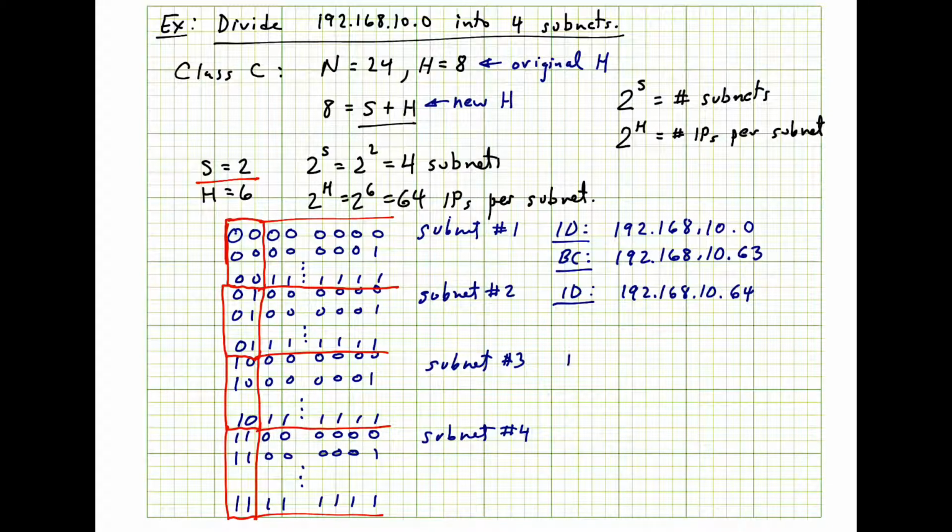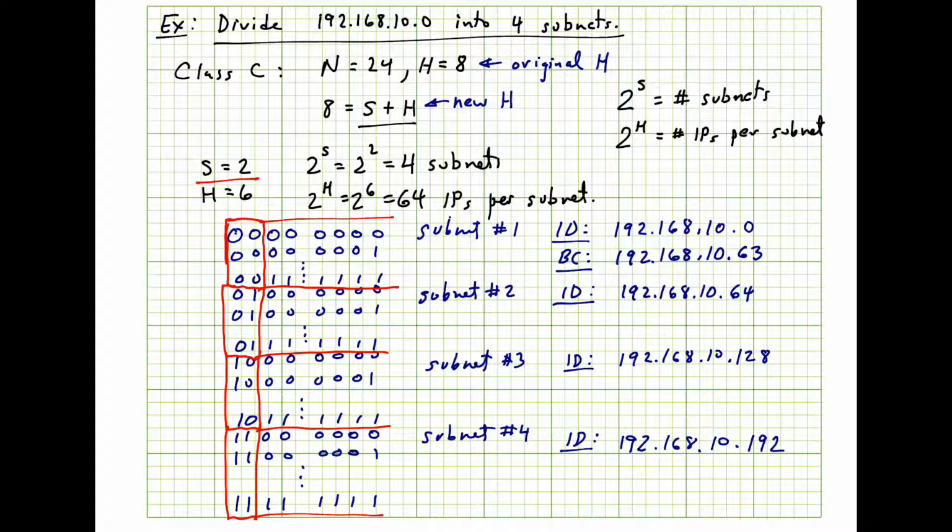It's easiest to write down the IDs first because they are these real nice numbers. 192.168.10. This is the 128, and this one .10.192,